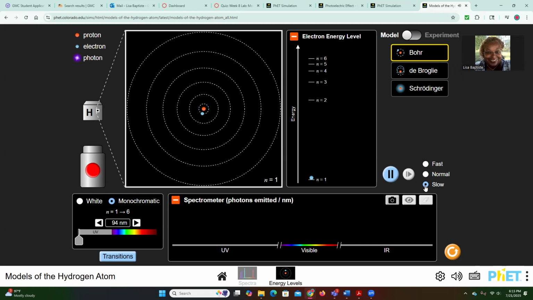I found when I did the simulation that it's easier to see the transitions when it's slow, but you can play around with it. Some people can see them easily at normal, some at fast, so play around with the speeds. Anytime you want to restart, hit this button. You can also pause it and hit play. So if we start the simulation,